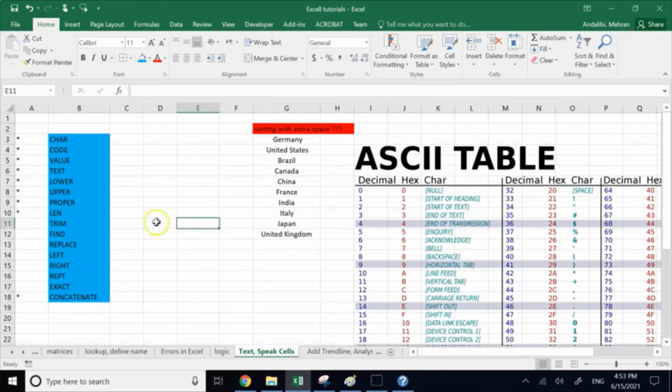Let's look at some of the other things. One of them is trim. Trim gets rid of spaces in a text as long as those spaces are not between separate words. So it gets rid of redundant white spaces. For example, if I have something like this, space hello,